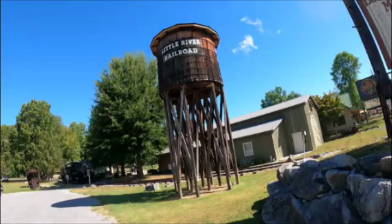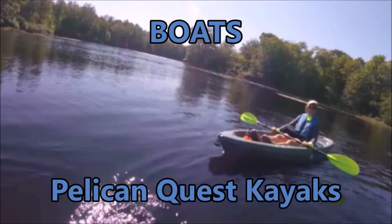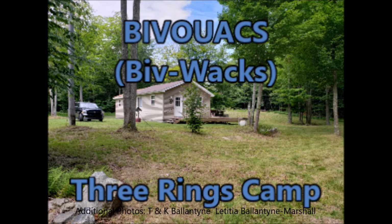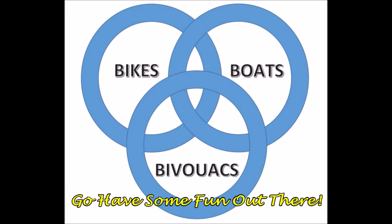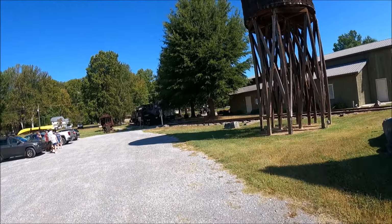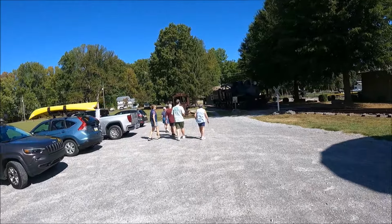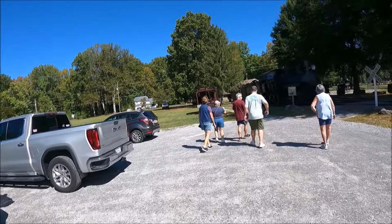Today we're going to visit the Little River Railroad and Lumber Company Museum in Pigeon Forge, Tennessee. Now the museum is located on Lamar Alexander Parkway in Townsend, Tennessee, which is in the Pigeon Forge, Gatlinburg area. It was about a 20 to 30 minute drive for us from the campground in Pigeon Forge to the Little